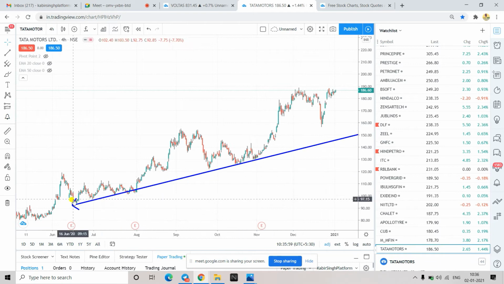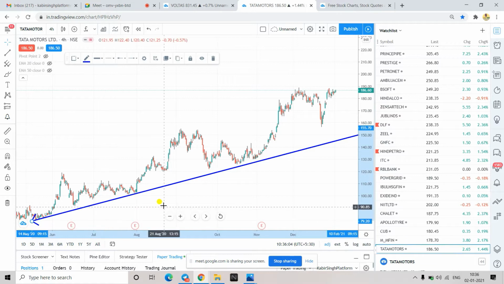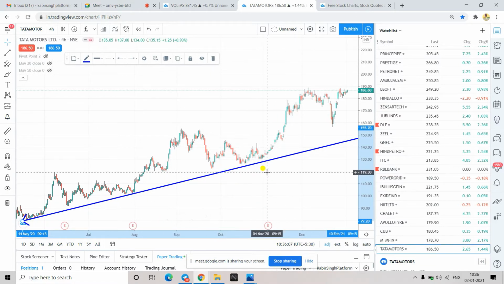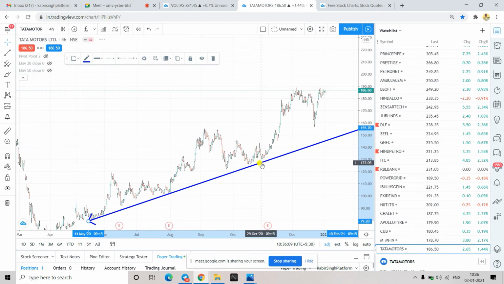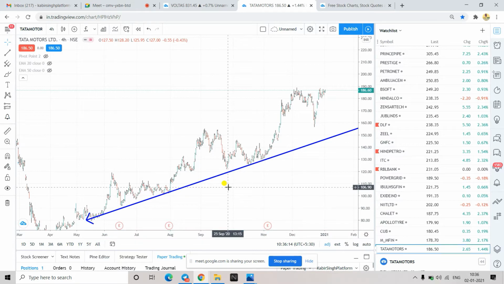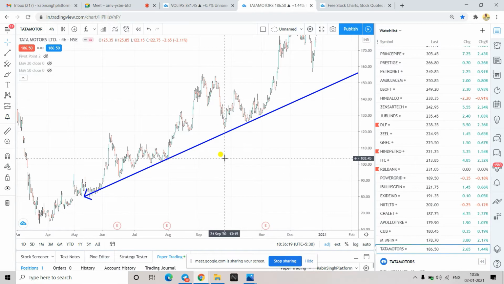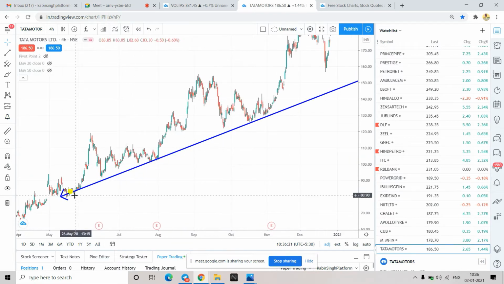If you see it here now, what I have done is I have simply connected the bottoms, and I have made sure that I get the maximum number of touch points on this. In some places it must be cutting the body also. So the basic funda here is it should have maximum touch points. Here it is touching the maximum points, and here also it is touching, so it is a verified trend